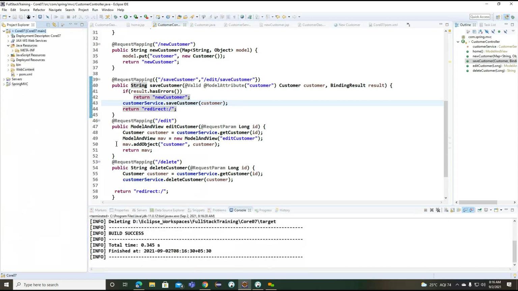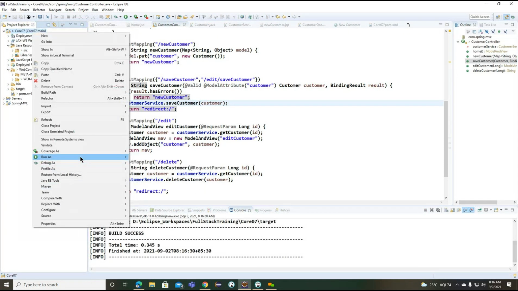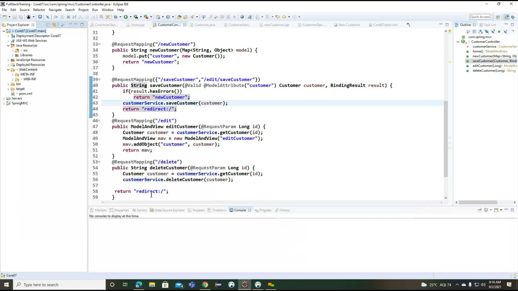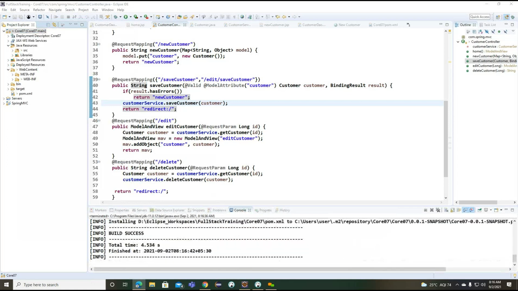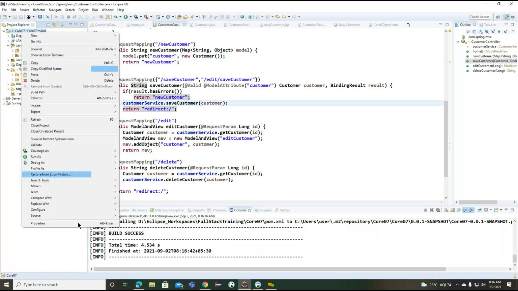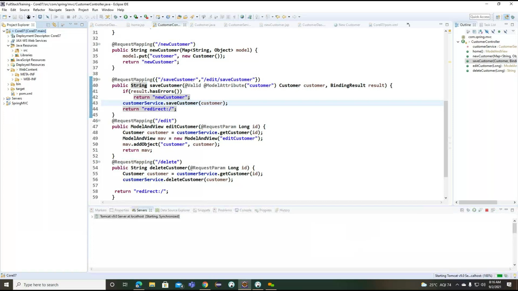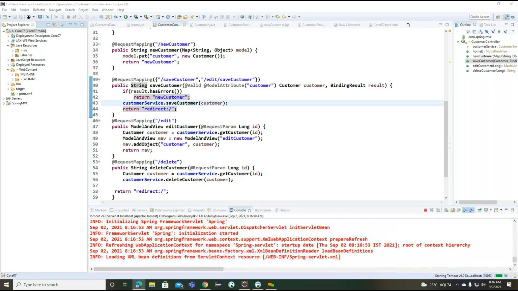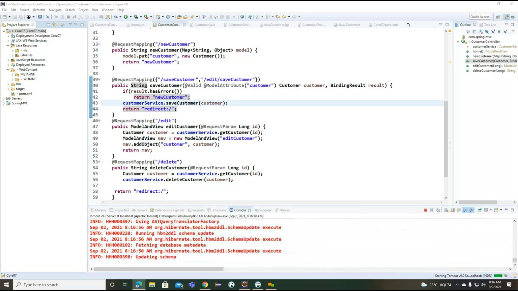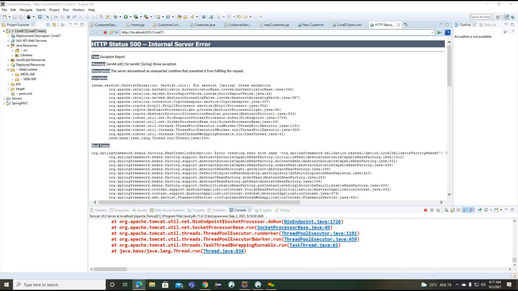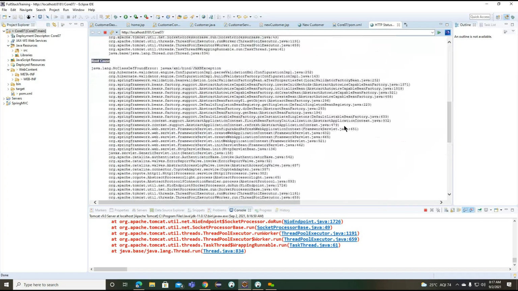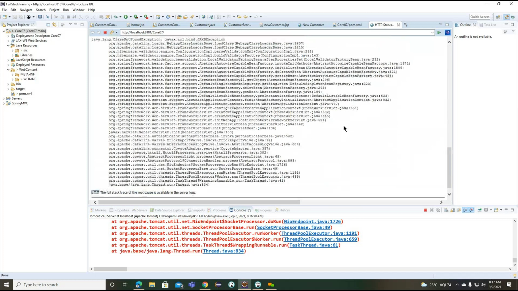Okay, let me clean here so that we are going to delete the unwanted resource here, and one more time we will build this application here. Okay, now I want to run this particular application one more time here. Something we are missing here, encrypt. So JAXB exception we are getting here.